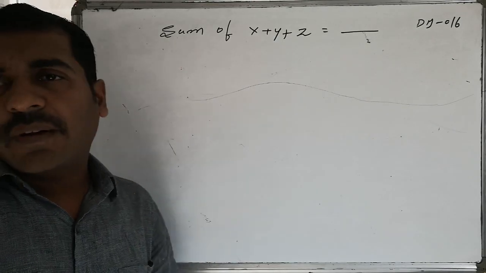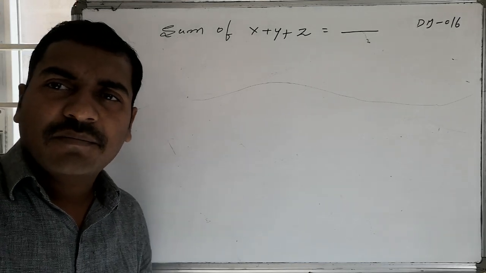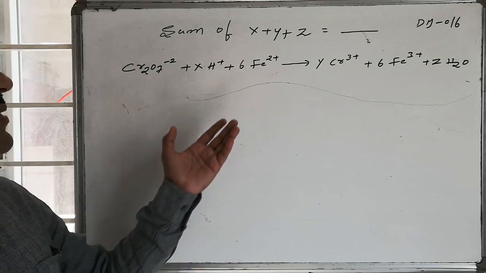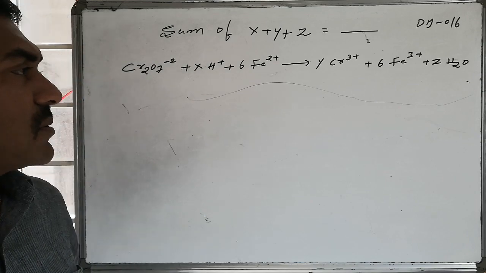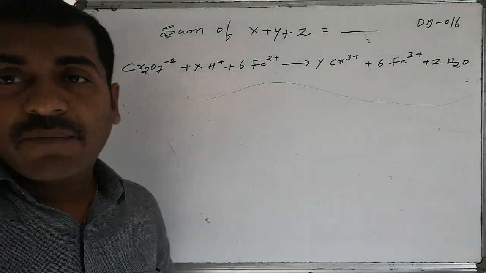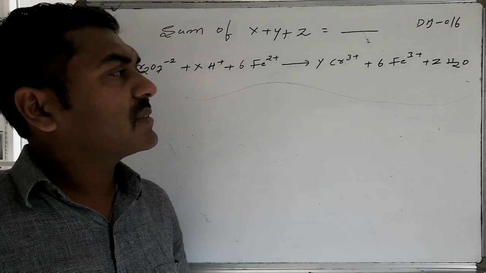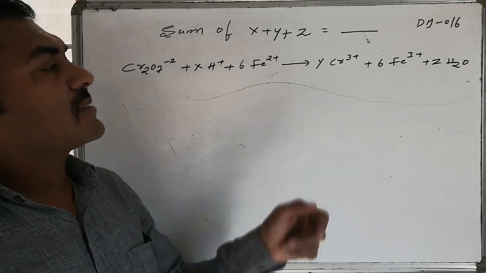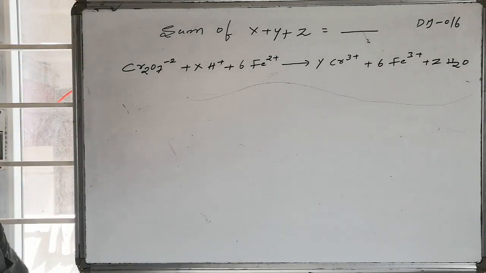Calculate the sum of x, y plus z value in the following reaction. It is a reaction between dichromate and Fe2+ in acidic medium, where dichromate is converted to chromium 3+, whereas Fe2+ undergoes oxidation to Fe3+ and some amount of water is formed. You were asked to balance the reaction between potassium dichromate and the Fe2+, and you are asked